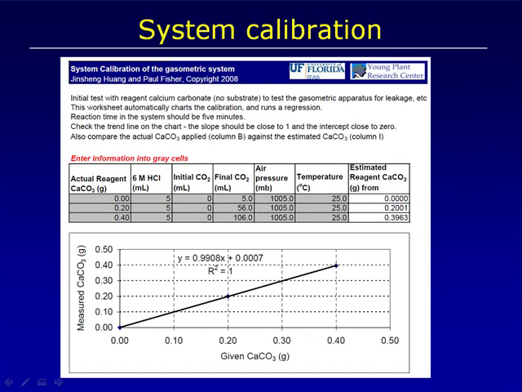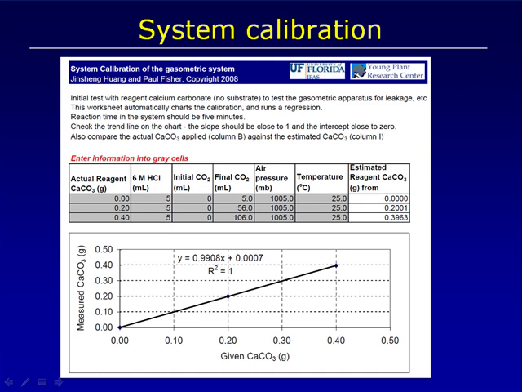So there's really two steps in this. The first is simply to check whether the numbers you're getting from the system are similar to the measured amounts of lime that you put into your flask. So without any growing medium, without any substrate, you can put some different calcium carbonate amounts. We suggest 0.2 and 0.4 grams. Add the HCl, measure the evolved CO2,